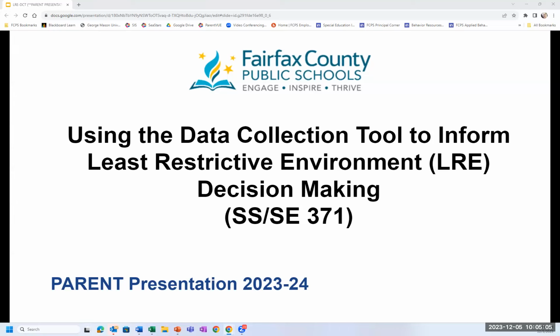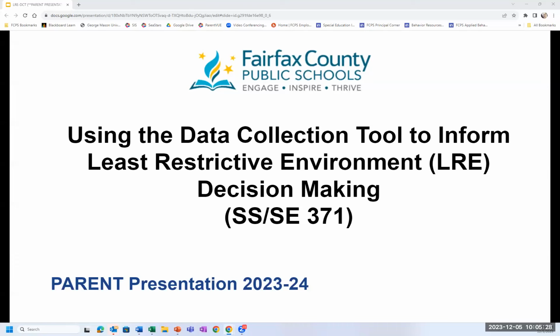So in our presentation this morning, I'm going to begin with an overview of least restrictive environment under the Individuals with Disabilities Education Act, or IDEA. I will share data that the school division reports through the Virginia Department of Education on indicators 5 and 6, which are the indicators that represent LRE.